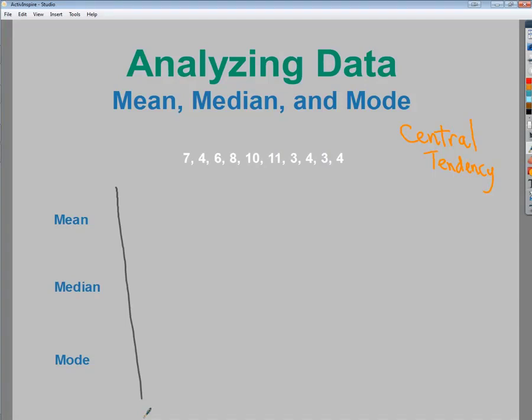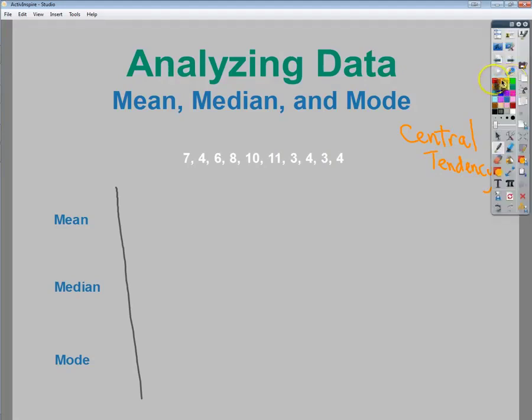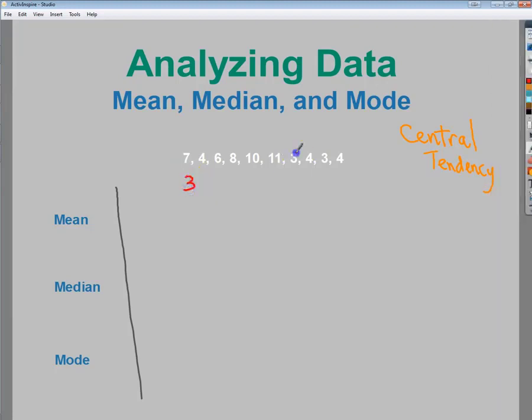With that said, it's probably a good idea that we organize the numbers numerically first. If we put them in numeric order, it makes a lot more sense. My suggestion is if you do it by hand, once you write a number down, mark it out. So I look and I see that 3 is the smallest number. And then there's another 3, so I'm going to put 3 again. And then there's 4. So that's out. Another 4. And another 4. Then I need to put 6,